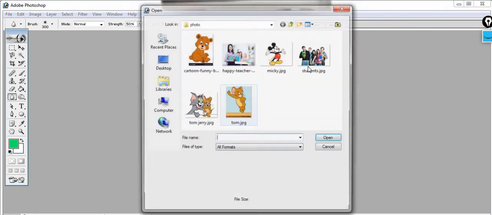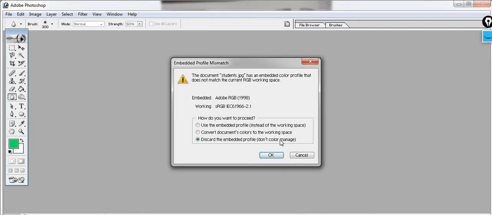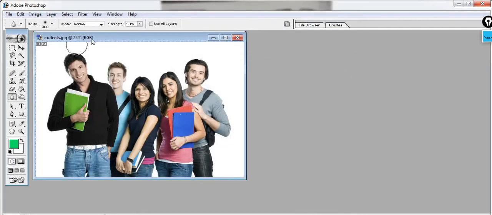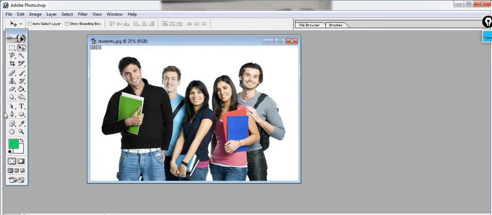Now suppose the same image I am taking again, and after blur we have the sharpen tool. Sharpen tool is for what? I have selected the sharpen tool, and I can make this picture sharper. Simply I will make this so that it will be highlighted and look different from the others, right?